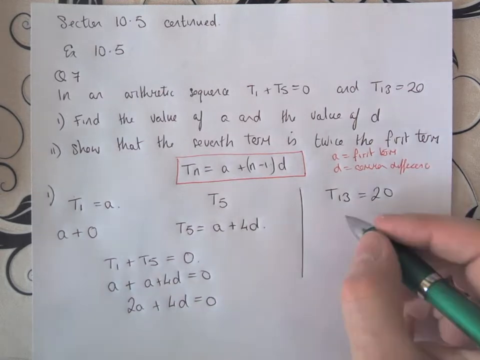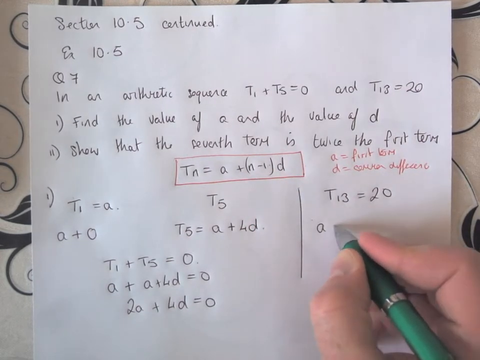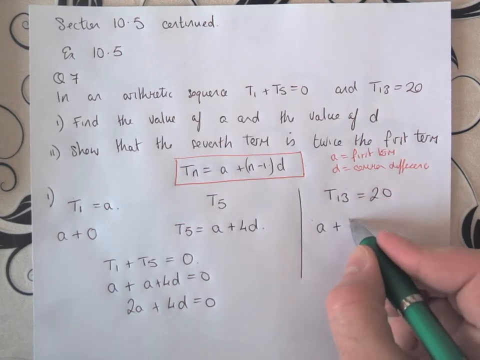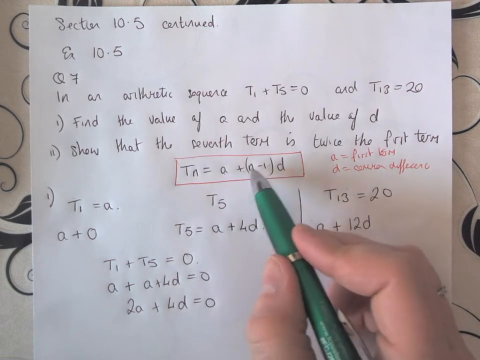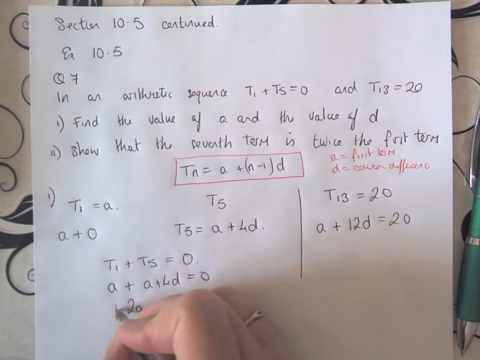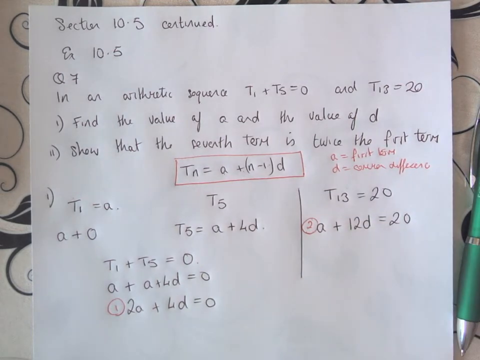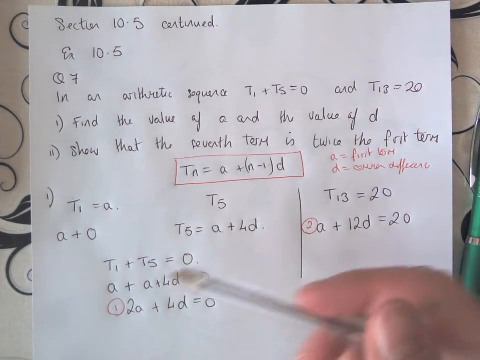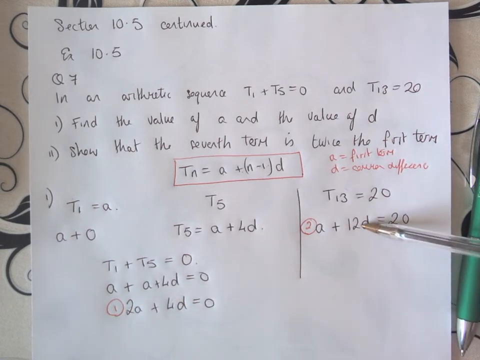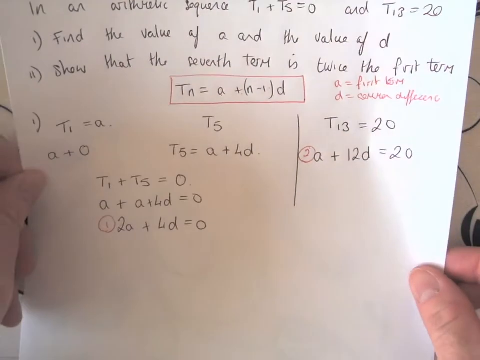Okay, over here a plus, n is 13, so n minus 1 is 12. So a plus 12d equals 20. So now we have two equations, so again simultaneous equations with a and d unknown. Now this is a 2a and this is a, and this is a 4d and this is a 12d. So we need one of the letters to have the same value and the opposite sign,